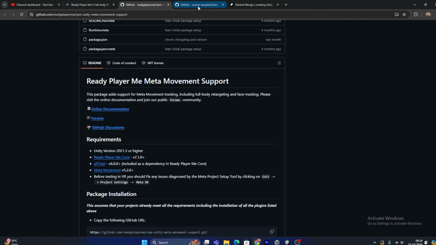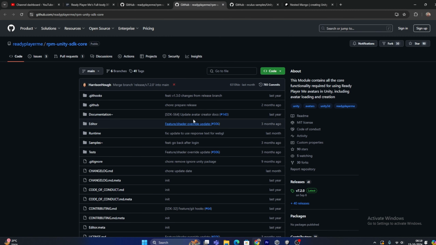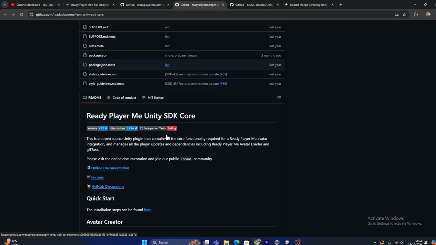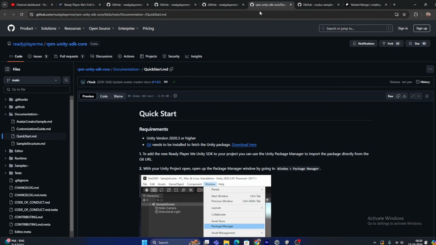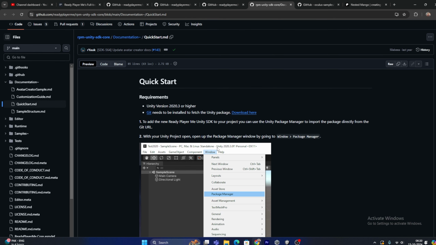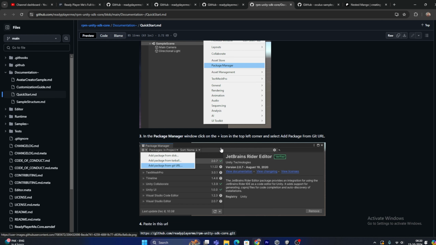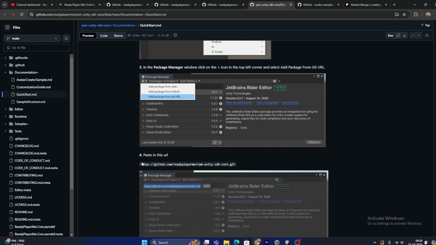So first of all we have to install the core Ready Player Me. What you have to do is just open a new tab, and here we are getting the Ready Player Me Unity SDK, and here you can see the installation steps can be found here. If you are coming for the first time, they are also providing some guidelines, and the simplest guideline is that you just have to copy this link,